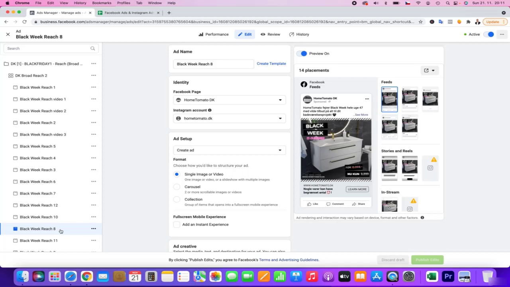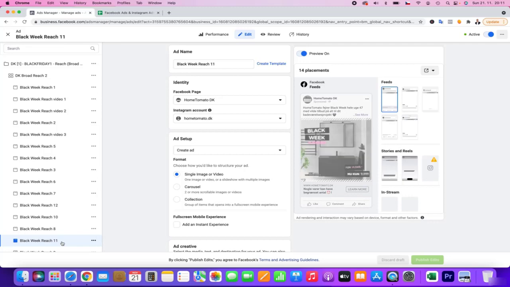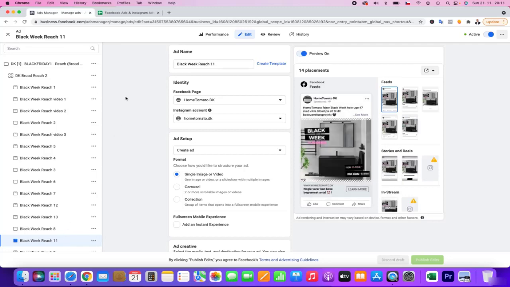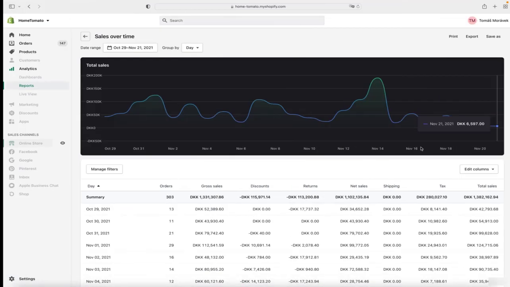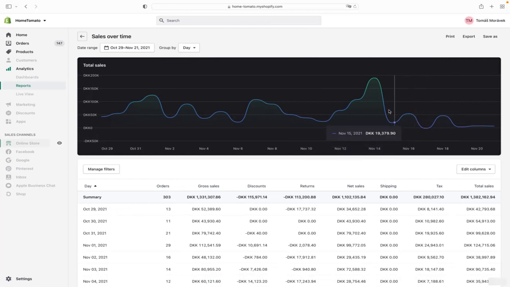And basically, this is what we are now doing. We are making people ready for the best sale ever. As you can see, this is week 46, and the key message is, of course, plan your purchase. What is quite good, we had a really big peak at the end of the first campaign, but still the sales were holding with this reach.